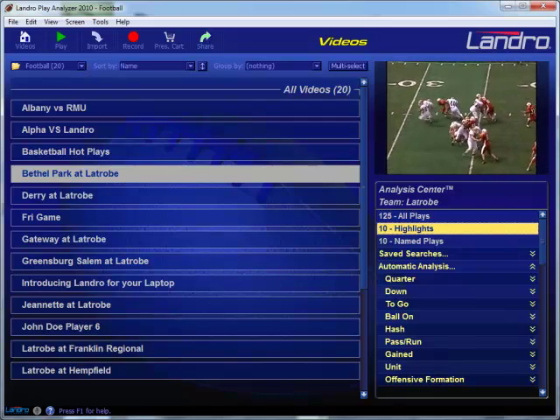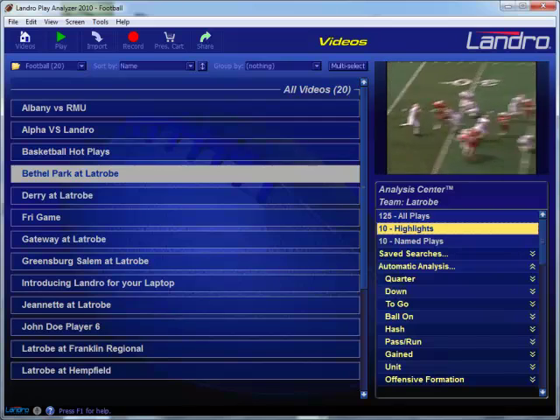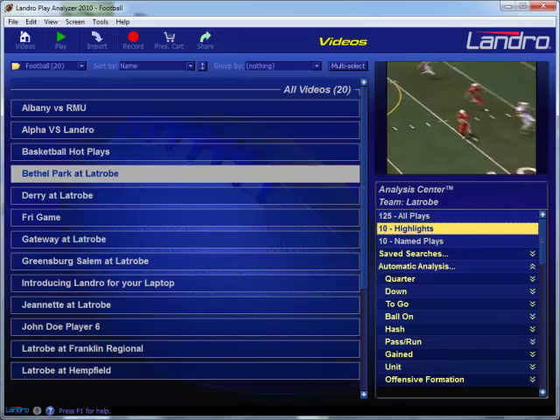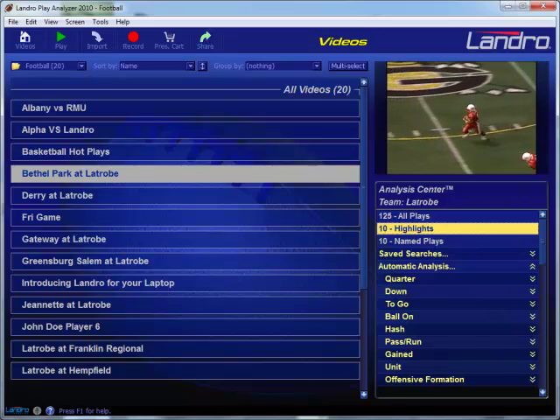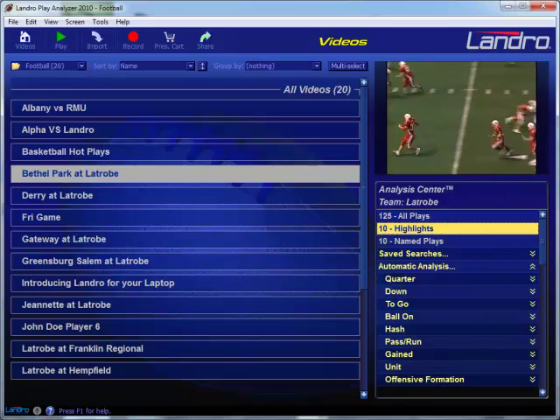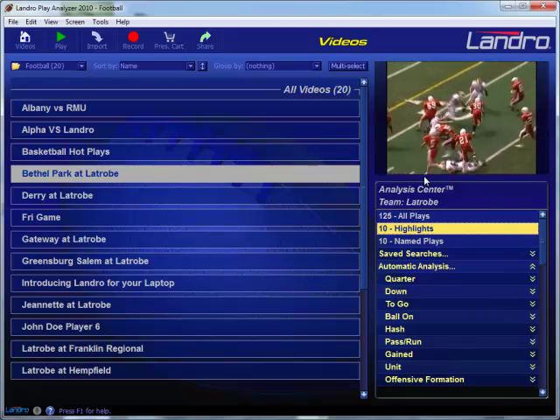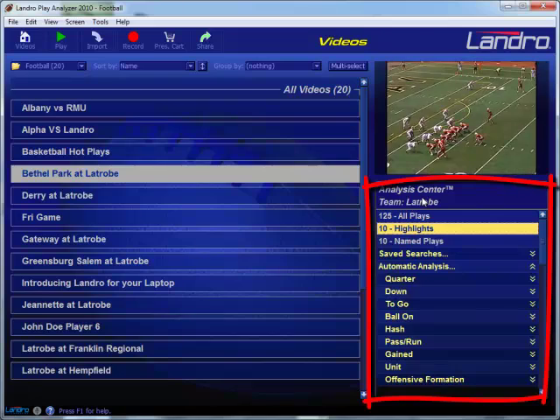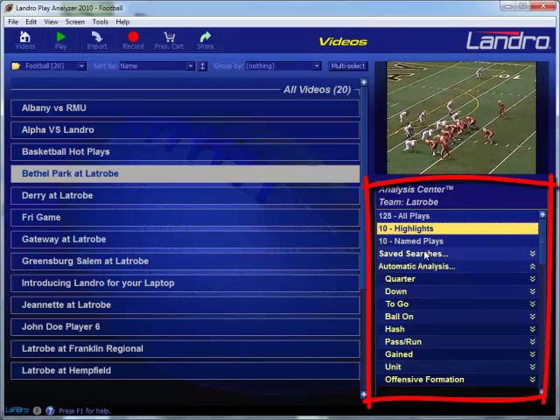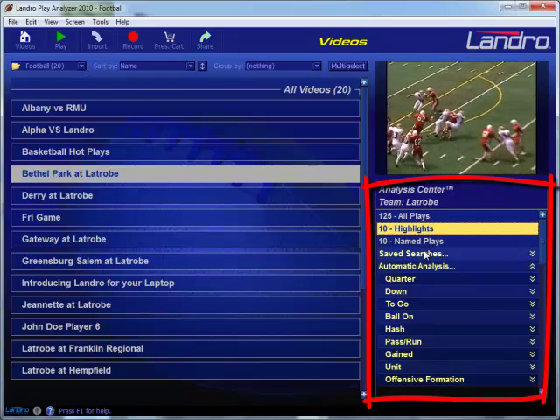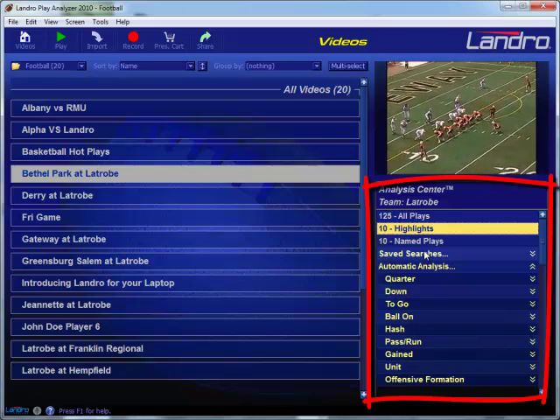This video is on using the Analysis Center in Landro Play Analyzer. The Analysis Center is located right below the preview monitor on the top right. It's located in this center right here. The Analysis Center is a quick way to see all the videos that you have broken down, all the plays